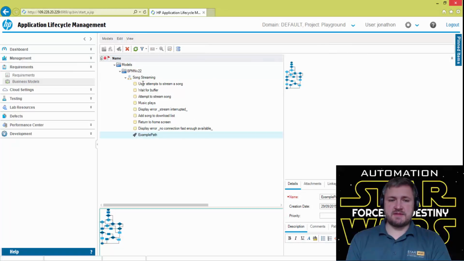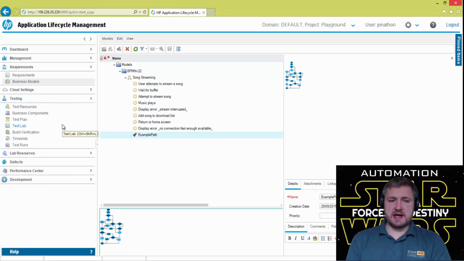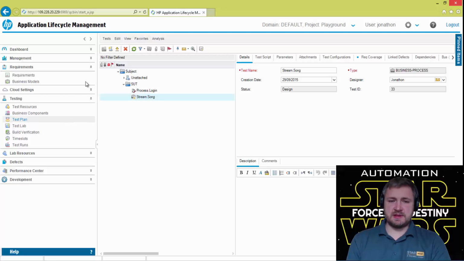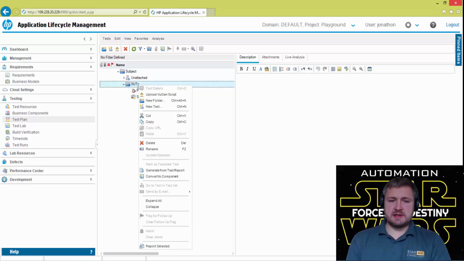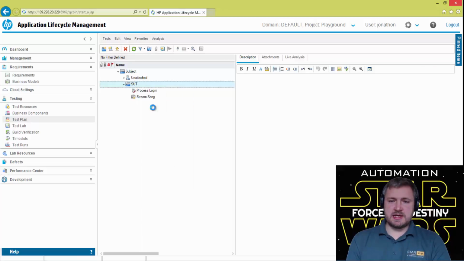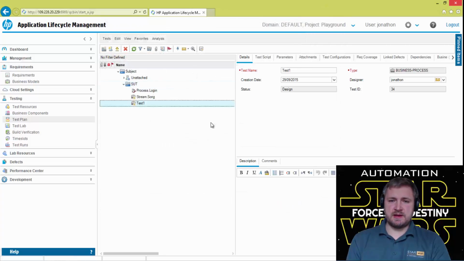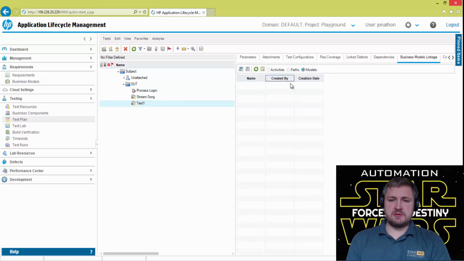So in this case, I have a new flow, and what I can do is go into my testing section and look at how I can create a test associated with that flow. So in this case, I'm now just going to generate a simple test, which is a business process test, and then I'm going to link that business process test to a flow.